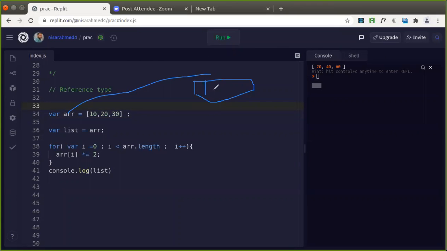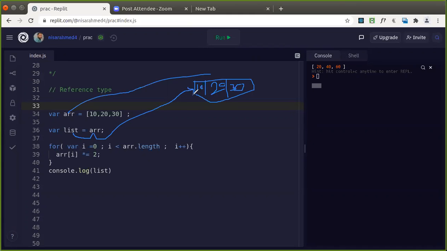So here you have 10 in the memory, and next one is 20, and next value is 30. Whenever we create another list here, list in this case will be an array, it will only refer to this one. So array is this one. So it will not create another